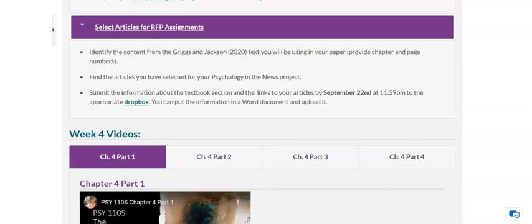Ways to find articles are pretty straightforward. It involves using the same websites that I encourage you to use to develop a topic, but then you can also use your library. Again, refer to the Psychology in the News module for further information and instructions about what to do for turning